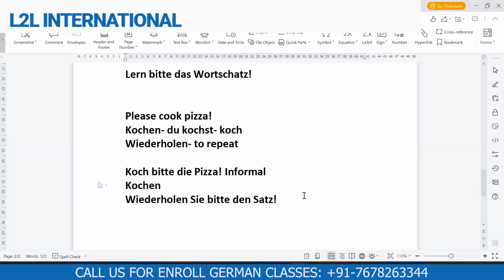Kochen Sie bitte die Pizza. It is kochen, not kochen. Very good. Kochen Sie bitte die Pizza. So you know that now you saw that making regular verbs into imperative is easy. And if I have to use that regular verb in order to make a formal sentence, then it's also easy. We just have to put the verb in the first place, then we have to put the formal you, and then the rest of